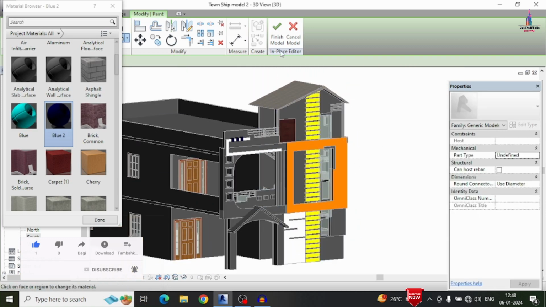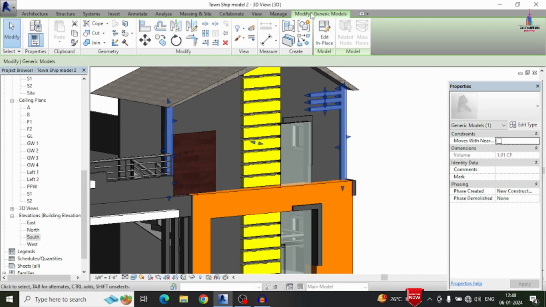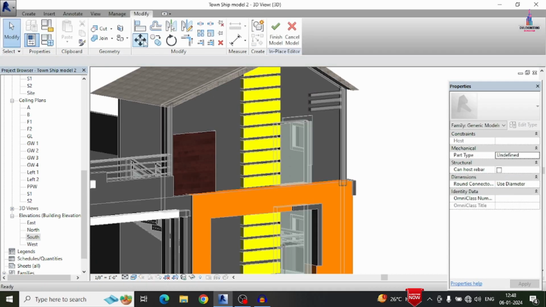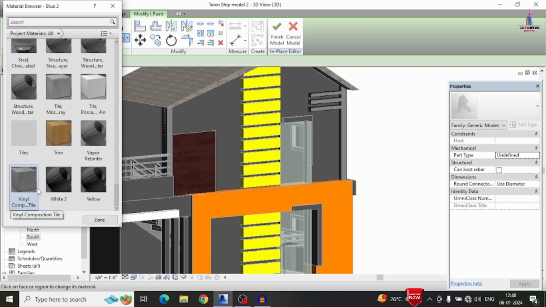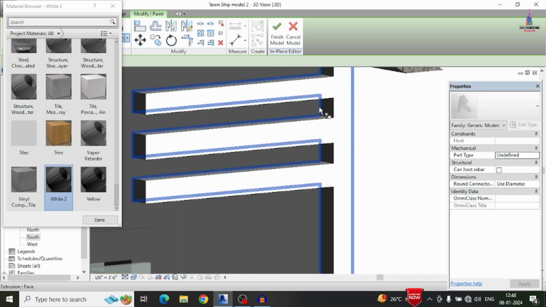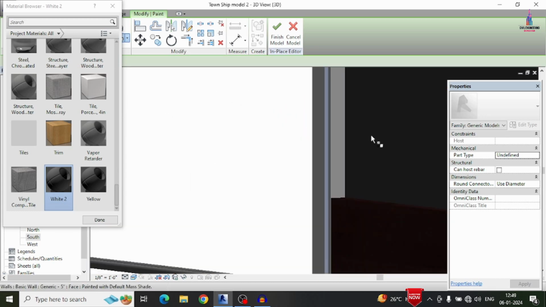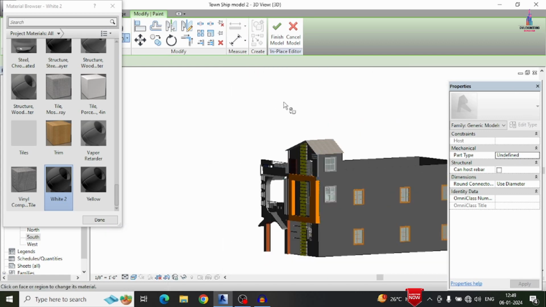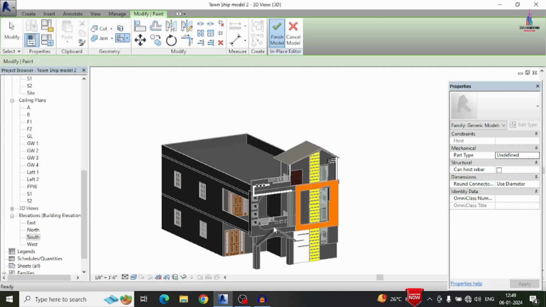Now we will apply some more extrusions. So here I am selecting this pattern which is related to this one. It also comes under the white color, I am assuming. So here we have to select the color related to white. I am applying it here. Okay. So now we can see it was applied here like this. In the same process we will apply some more white color sections.